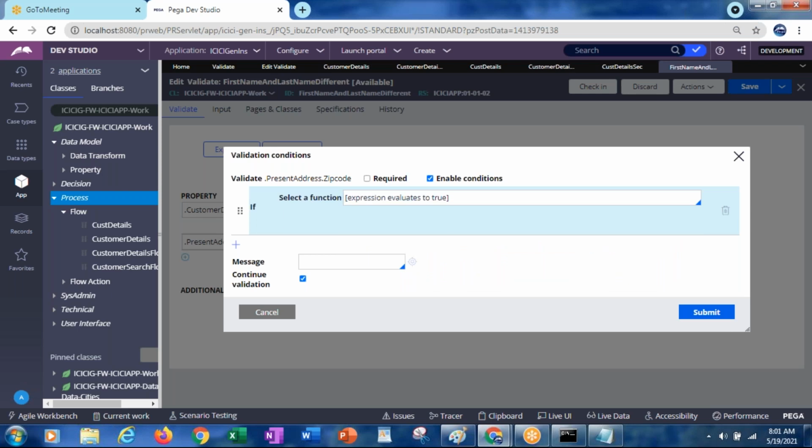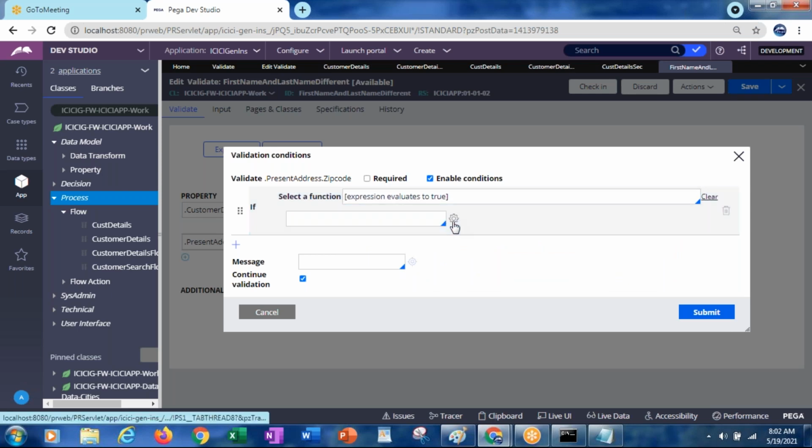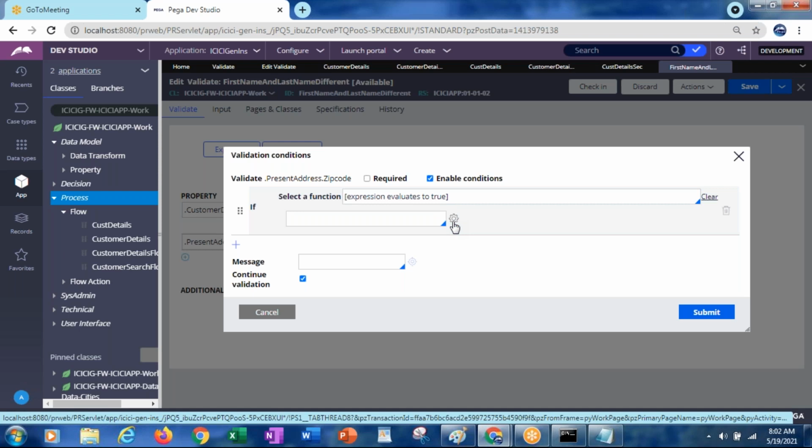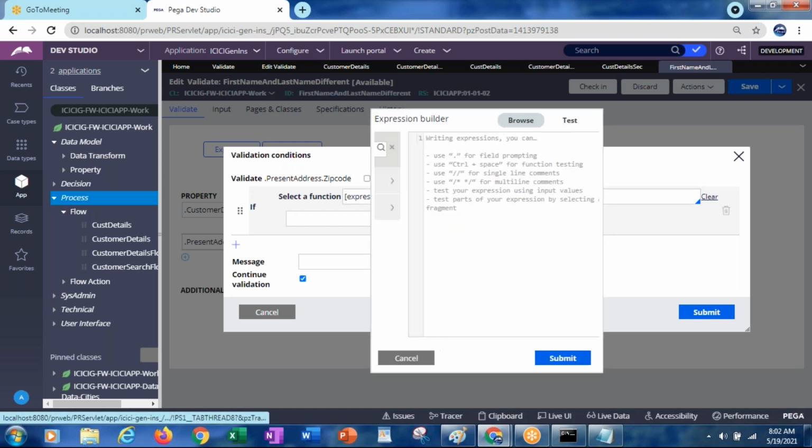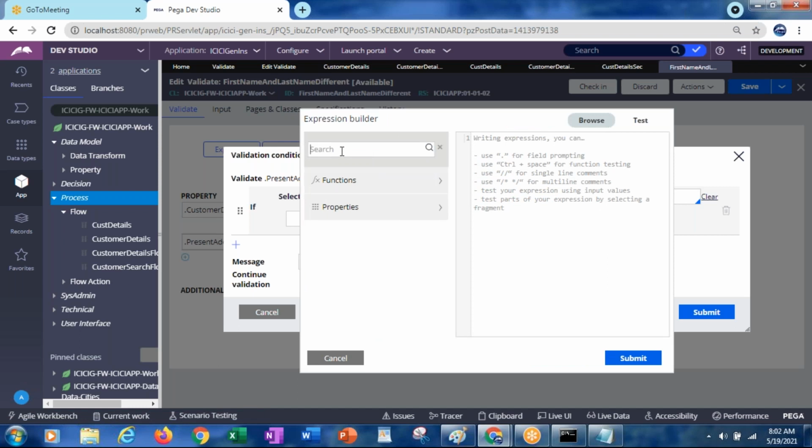You can use expression value as true. So here, by taking expression value as true, as we discussed, there are n number of functions available in Pega. So we can use at length.